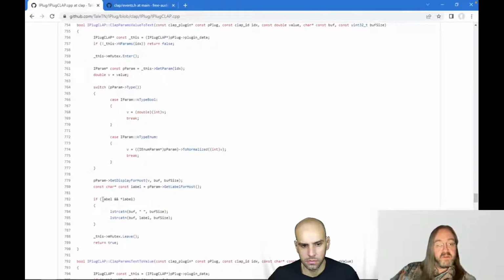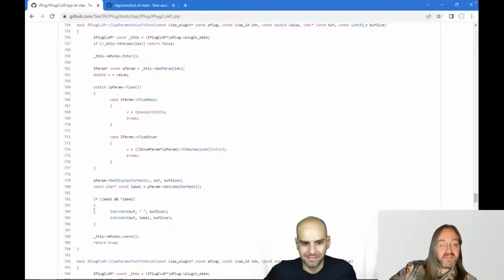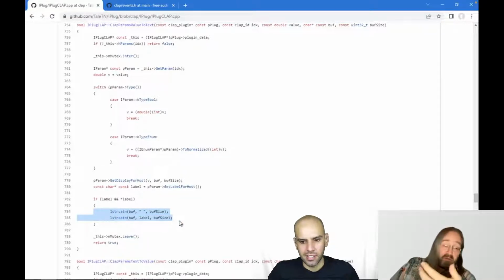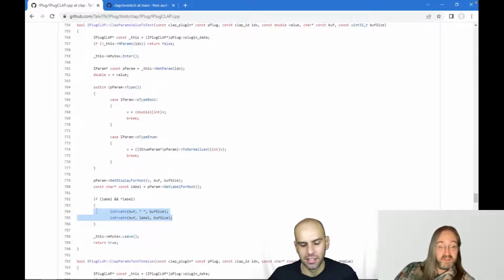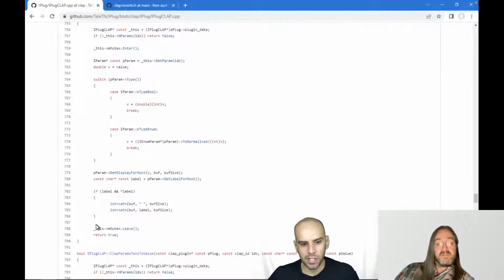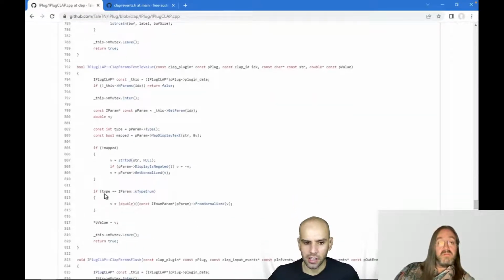So I have to add that to my string manually here. Fair enough. I guess it's just what you're used to. Yeah. Weird thing. I think Audio Units also has a unit, but CLAP doesn't. So if you want units, and I did want units, then you have to get them yourself. Okay. Fair enough.